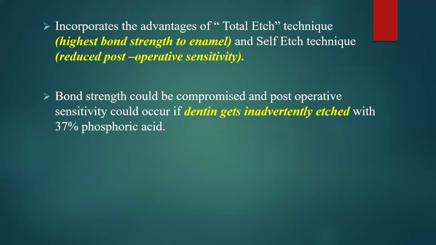It incorporates the advantages of the total-etch technique, which has the highest bond strength to enamel, and the self-etch technique, which has reduced postoperative sensitivity. The bond strength could be compromised and postoperative sensitivity could occur if dentin gets inadvertently etched with 37% phosphoric